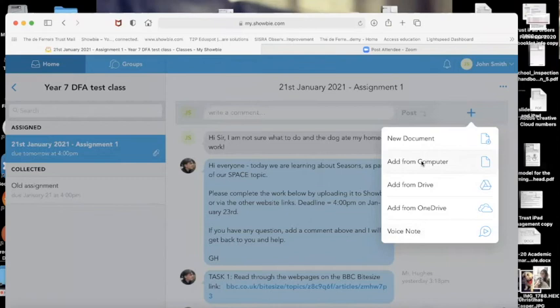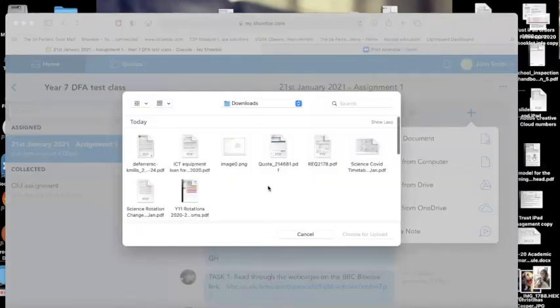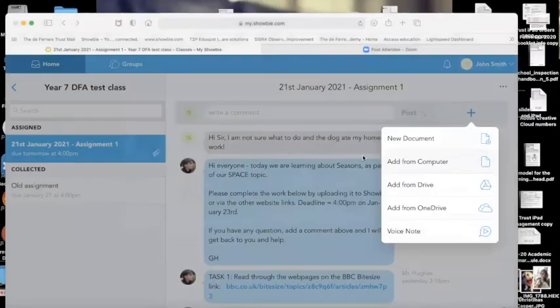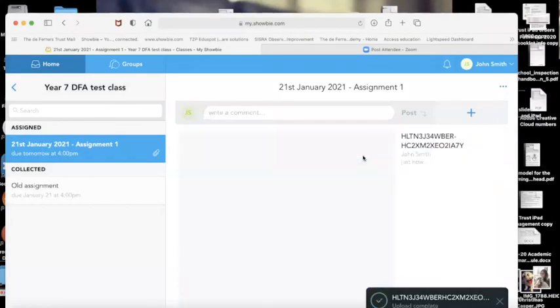So I'm going to click add from computer. And I do believe yesterday, there we go. So let's say that this is the picture that I've drawn. I select the picture in my web browser and up it pops, okay? I'm struggling away. All right, so again, if this was a photo that the student had taken of an essay